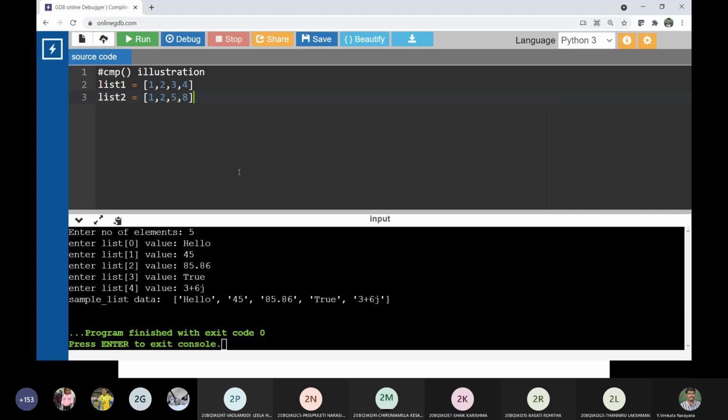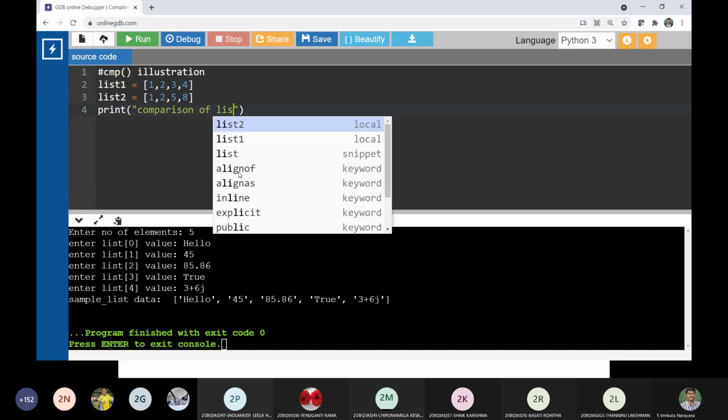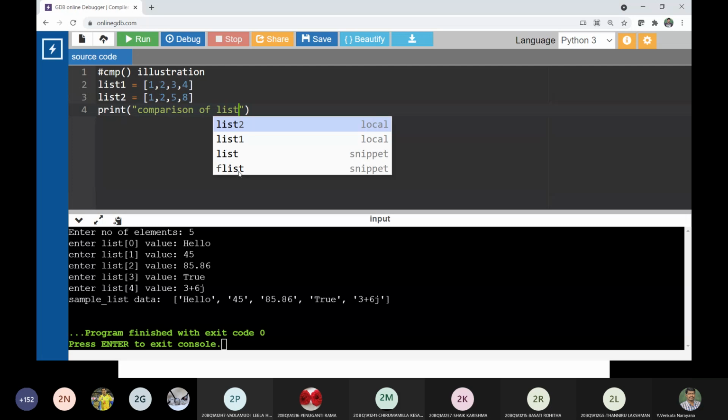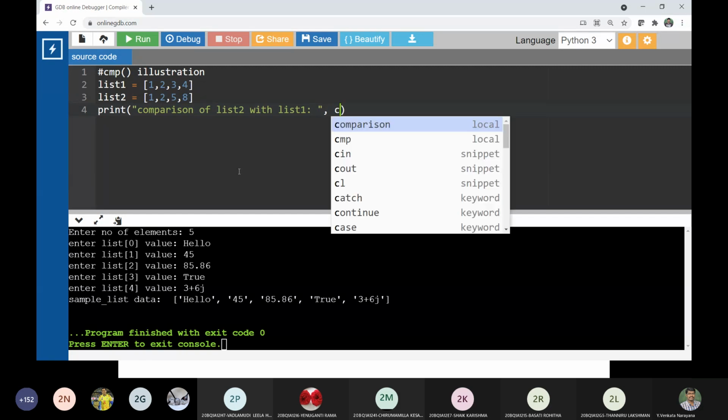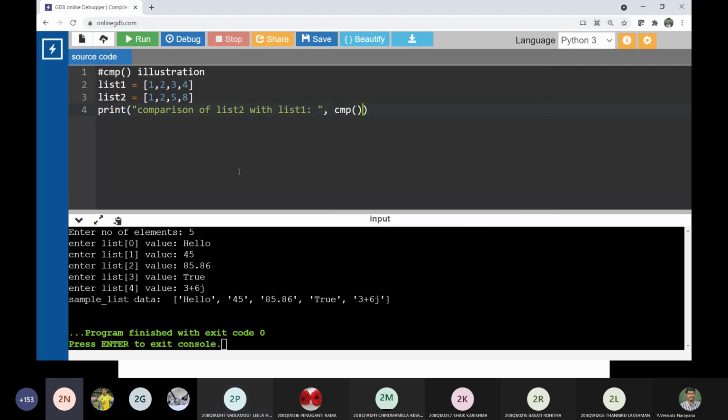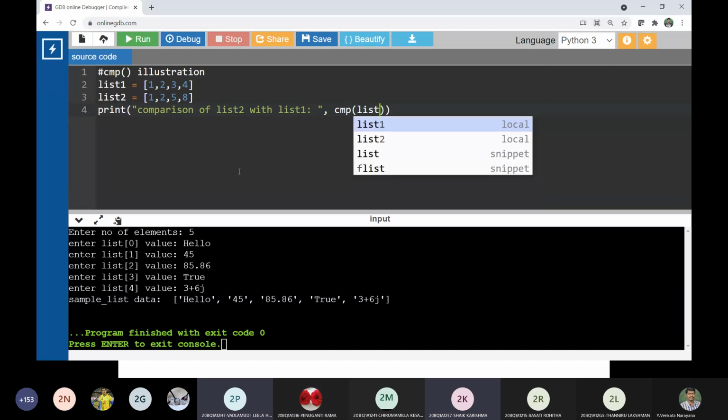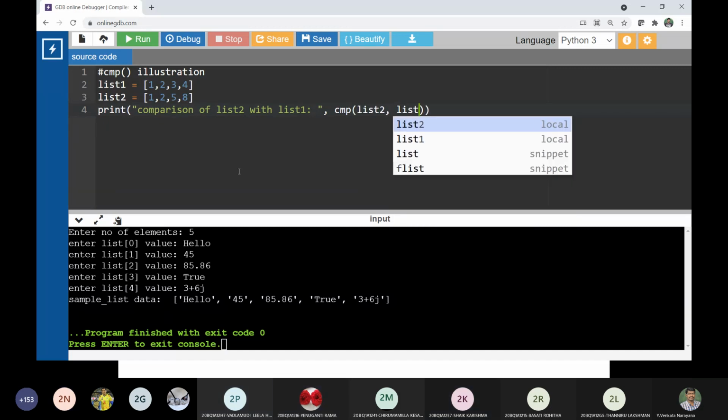Now I would like to compare list 2 with list 1, so in the CMP function I write CMP of list 2 comma list 1.